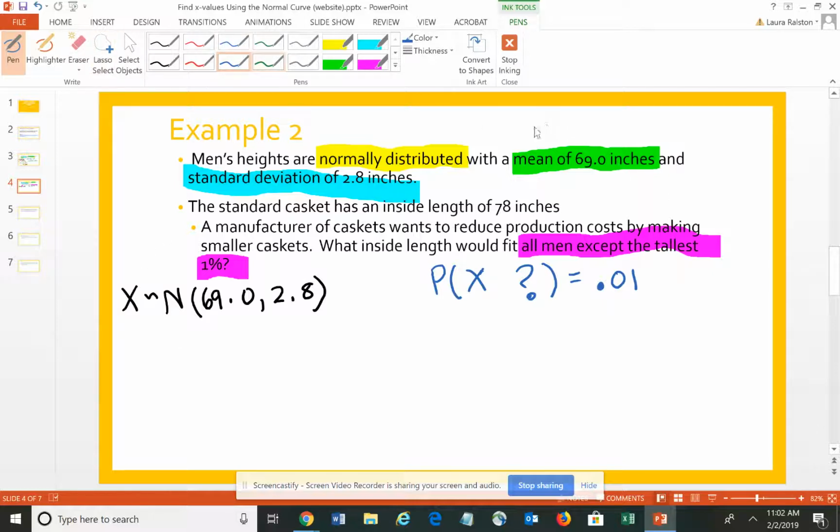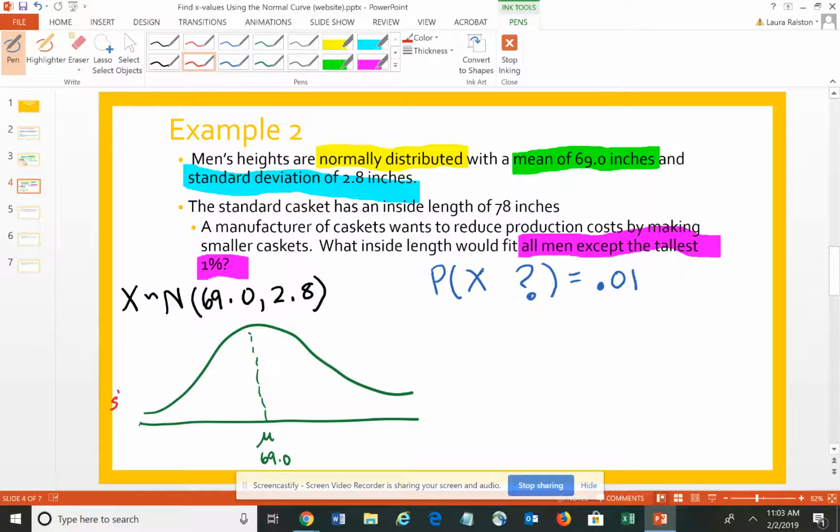All right, so let's look at a picture. It's almost easier to look at a picture than it is to try to write it out in symbols. So we have our bell-shaped distribution, our mean is in the middle, which is 69 inches, and we're going to make caskets that fit all but the tallest 1%. So we need to think about where that cutoff is going to be. Typically on the left, you have low values, so these are men that are short, and we work our way to the men that are tall. So if I want to leave out the tallest 1%,